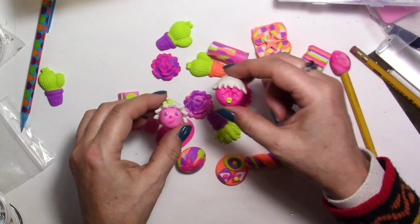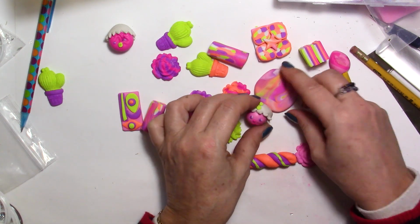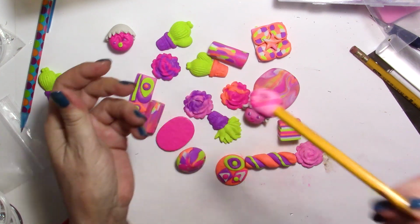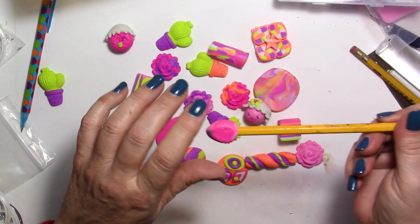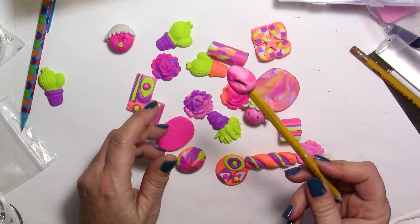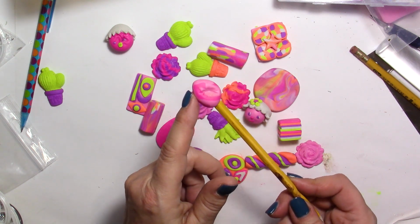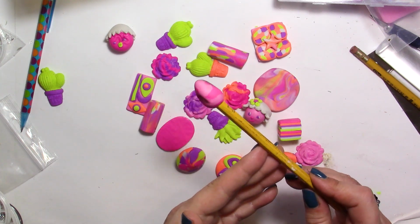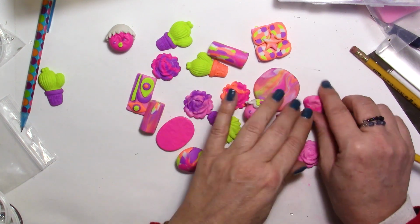So I'm probably going to hide this one a little bit, but this one is quite cute with a little flower. And yeah, I really enjoyed it, honestly. And this one, I'm going to keep it there. Oh, and by the way, it's not moving. I baked it with the pencil, and it's not moving anywhere. If I were to pull it hard, maybe it would, but it does work. It's just maybe depending on where you put it in your oven. I think this is because of that. It's an electrical oven. It's quite old, so maybe it was too hot in the back of my oven, but it erases really well. If you want to clean this up,